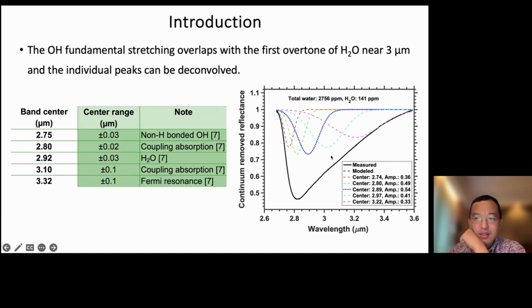On the right plot, I'm showing a basaltic glass measured by spectrometer in the lab, and then we developed a model to try to deconvolve the individual peaks. I want to point to the blue dotted line. This is the one near 2.92. This is assigned to H2O. And we know there's molecular water in this sample, around 100 ppm. You can see the peak is showing very nicely there. And based on this model,